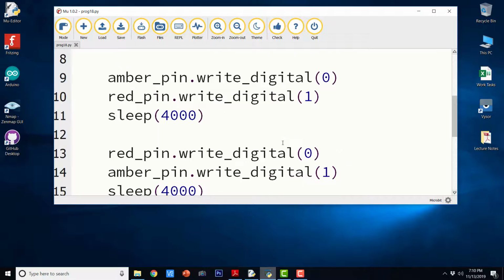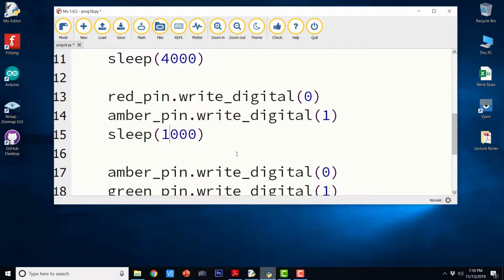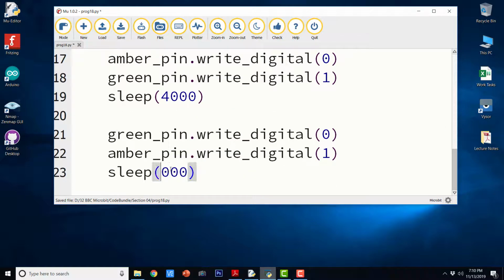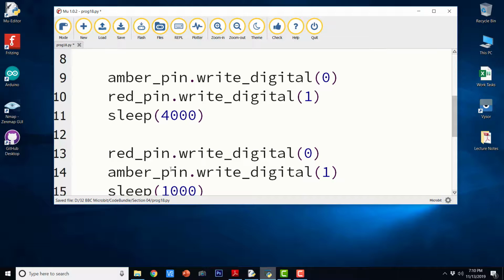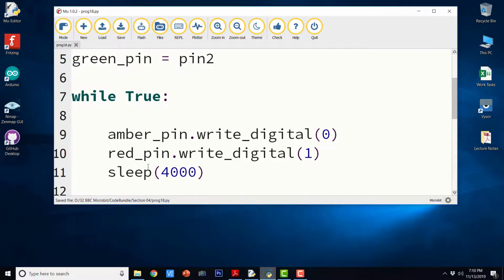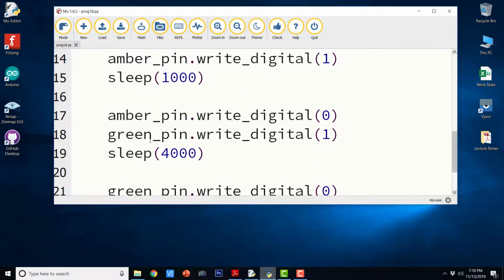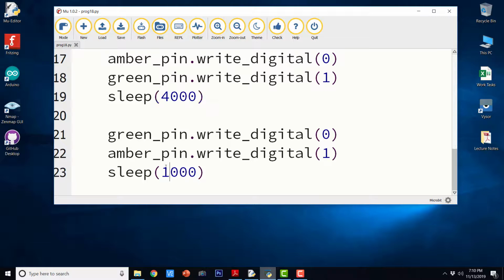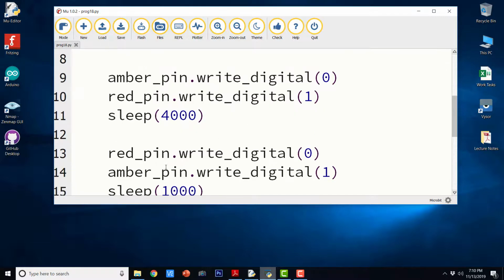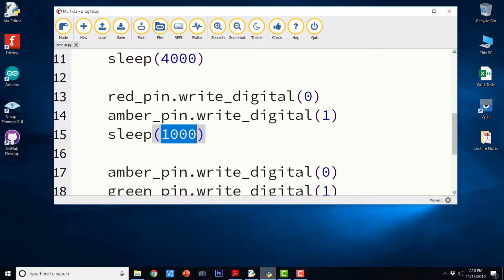So I guess I have made a mistake in specifying the timings. After the first step, there is interval of 4 seconds. After the second step, there is interval of 1 second. Then there is interval of 4 seconds and then there is interval of 1 second. In real life, it will be actually more and there will be countdown timer. But this is very simple traffic light only for the demonstration. So in real life, it could be 1 minute in place of 4 seconds. And this could be of few seconds rather than 1 second.